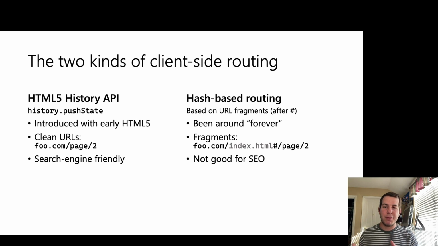So it can just be foo.com/pound/page/2. And that page, that index file or whatever HTML file, contains all the different views. So hash-based routing has been around, I would say, forever, and it relies on the fact that for the longest